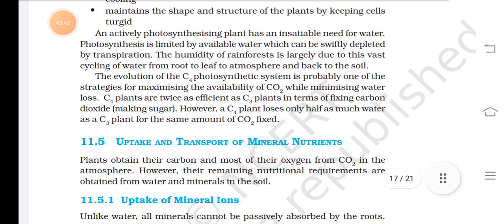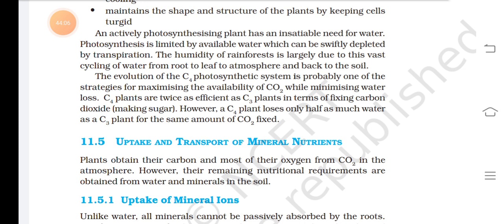An actively photosynthesizing plant has an insatiable need for water. Photosynthesis is limited by available water, which can be swiftly depleted by transpiration. The humidity of a rainforest is largely due to this vast cycling of water from root to leaf to atmosphere and